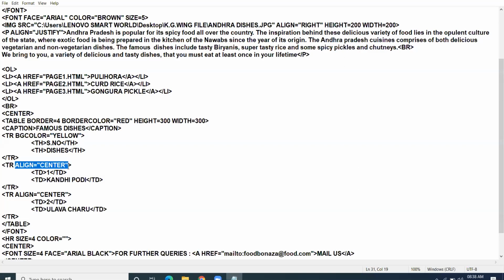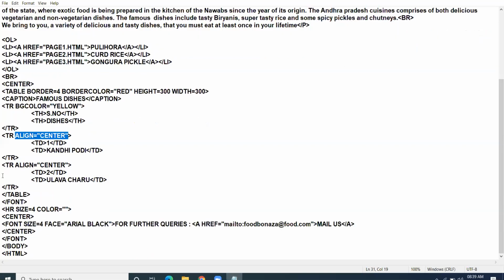Why take align every time in the TD tag? आपकी पूरी रो centrally aligned है, so why are you taking the align attribute separately for every TD tag? Only one time write the align attribute inside the TR tag. It will affect the entire row. Clear? This is my second row.